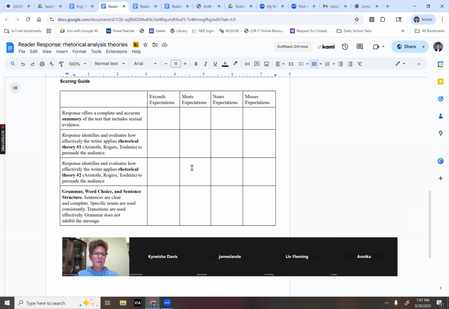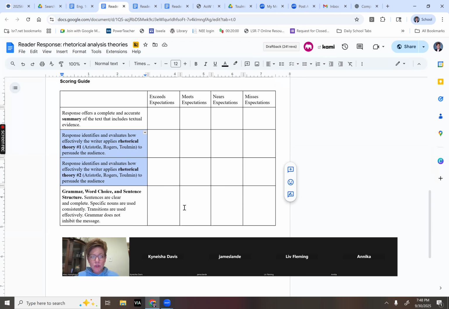this particular paper. The first part and the fourth part here are the same as all of our other scoring guides, right? Can you summarize the text without opinion, right? Give me a summary, just what it's about. Make sure you transition us through all of the main points of the article, and obviously grammar, word choice, sentence structure. But this part is where the majority, let me highlight it. This part's where the majority of your points are going to come from, right? And that's where you have to choose at least 2 of the methods of argumentation that we covered. And you have to tell me how you see those coming out in that particular article. So I'm going to be honest, Aristotle, I think a lot of people have been doing ethos, pathos, logos for a long time.